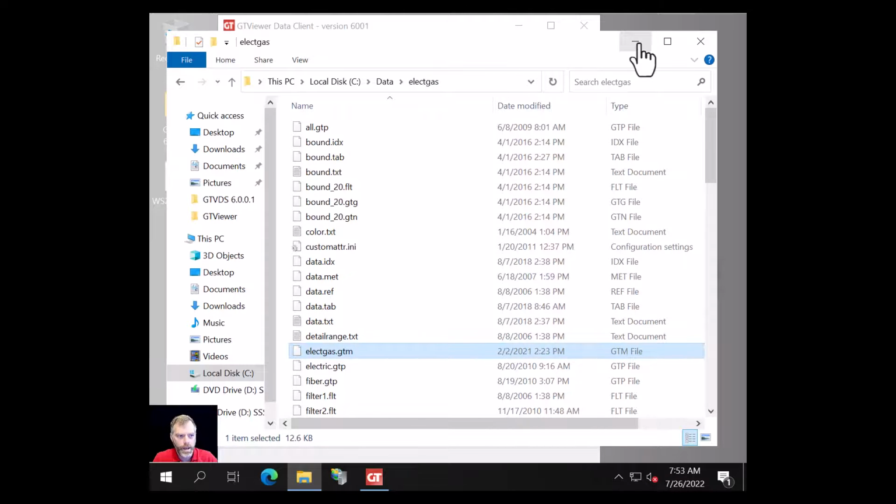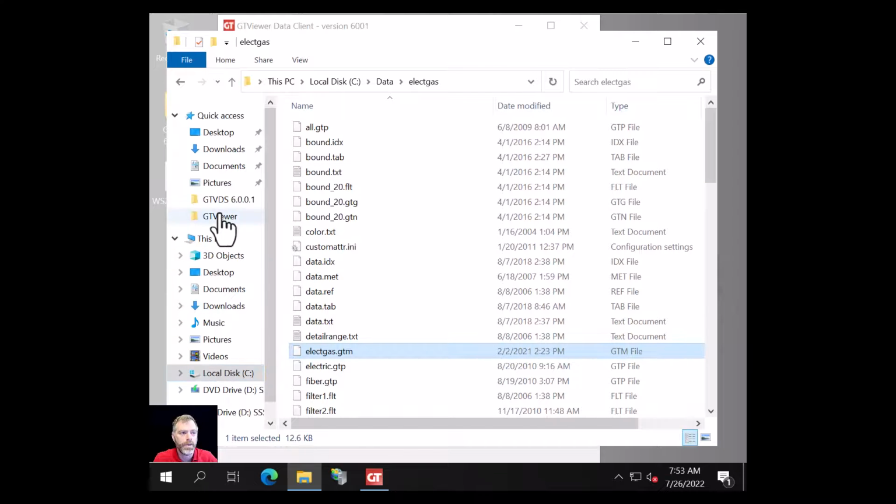Now, we've shown here that everything is working as I expect. We can download data to a client, even though it's on the server here. It still had to download the data. So the only thing left for you to do now is add your own data. So how would you go about that?